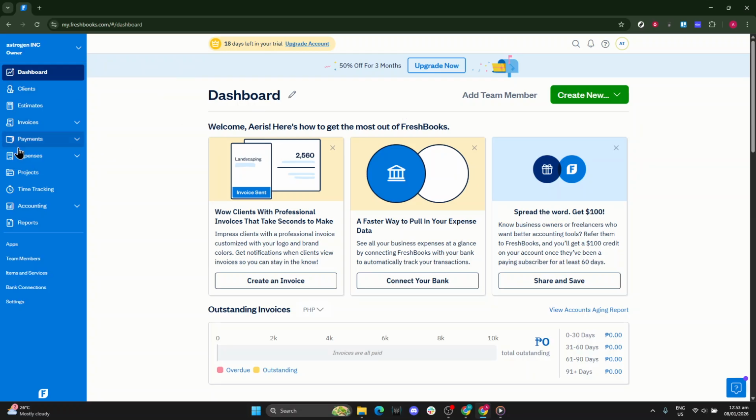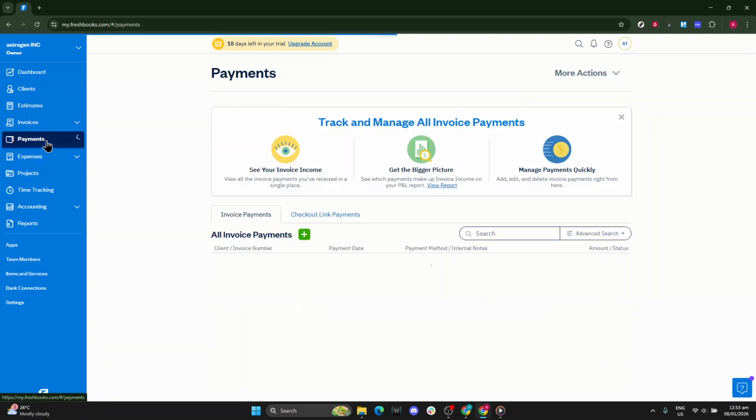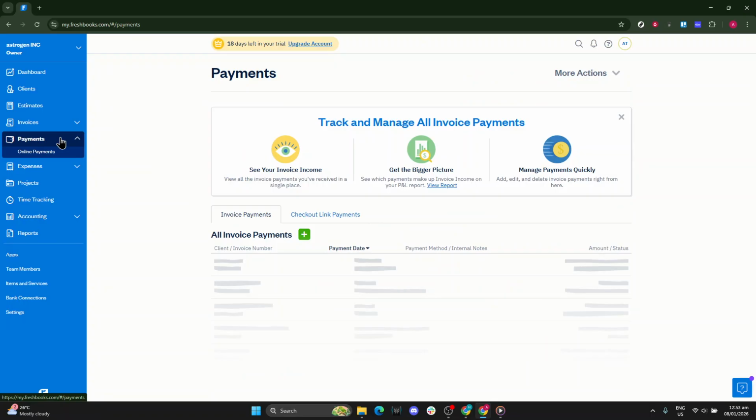Start by opening your dashboard and looking to the left side of the screen. You'll see a vertical menu. This is your main navigation. Find the option labeled Payments and click it. This takes you to the area where all your payment settings live, so anything related to how you get paid